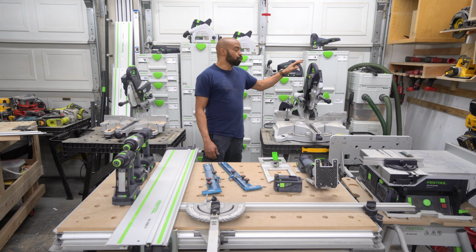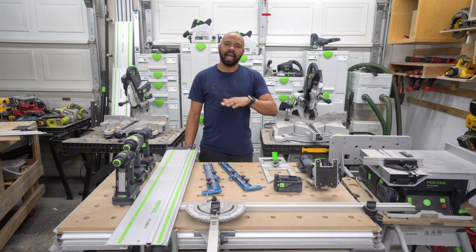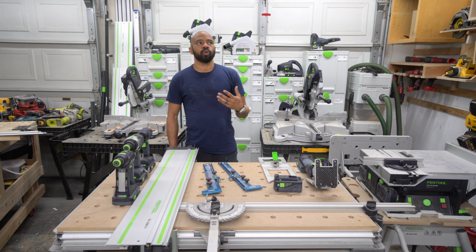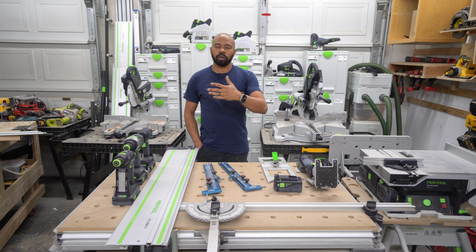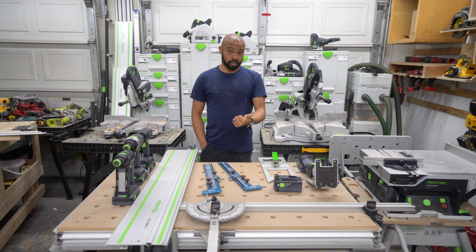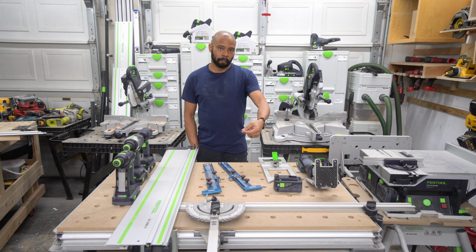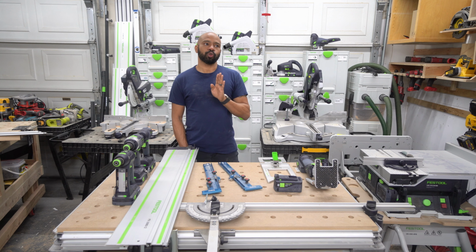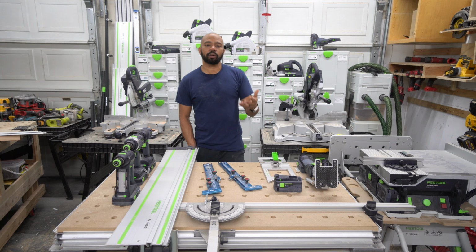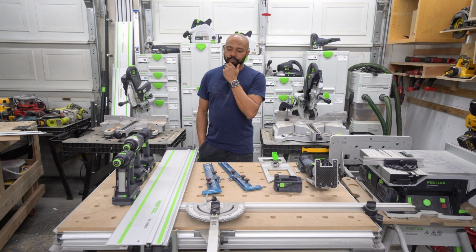You can put this on the MFT, or all these different things. They seem to come out at about the same height and work very well within the same system. So what I'm vaguely talking about, I'm throwing all these little nuggets out there to say, what I have discovered with the Festool is that, number one, when I bought the Domino, I bought into a system. And even though I tried to go outside of the system to build out a better shop for myself, I kept coming back to the Festool system because, you know what? I kind of want to